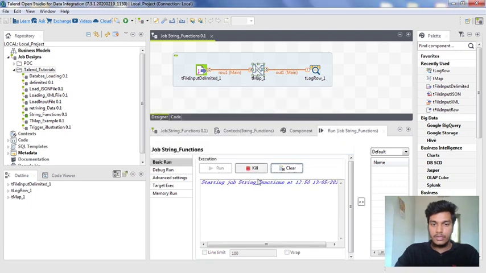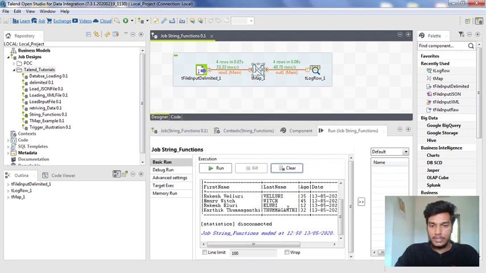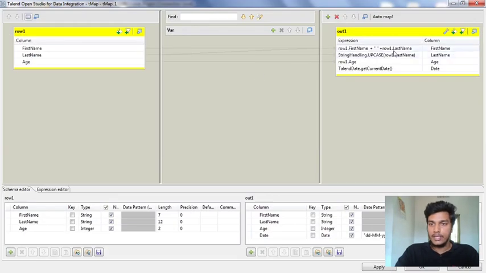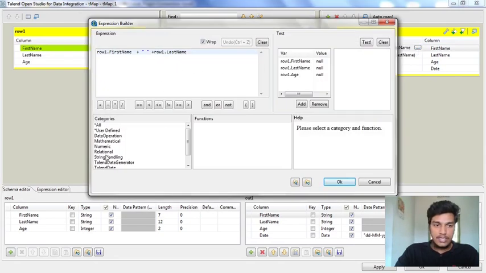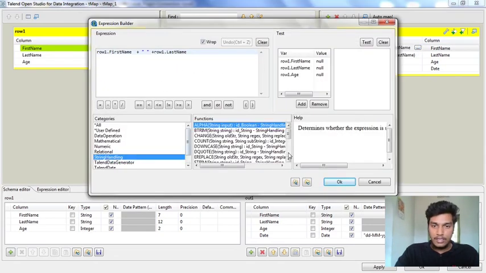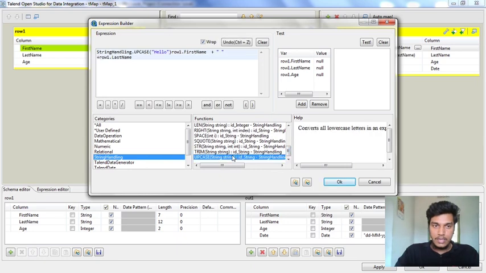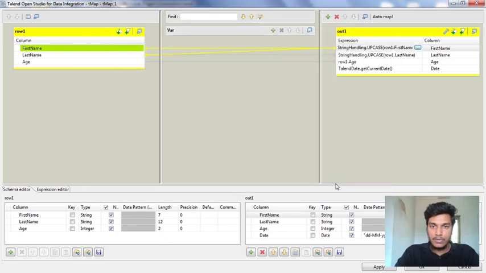See, every row in the last name will be in uppercase. Suppose you want the first name, the entire Rakesh Velluri, in uppercase or lowercase. Then you can double click it again and click here, and for the entire thing you can add a string handling function, like go to uppercase, and double click it and replace the hello with the entire string that we have. And I am cutting here and replacing here, and I am saving it and clicking OK.